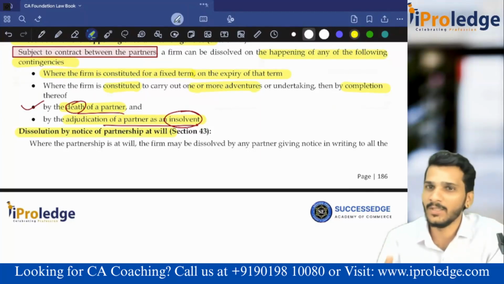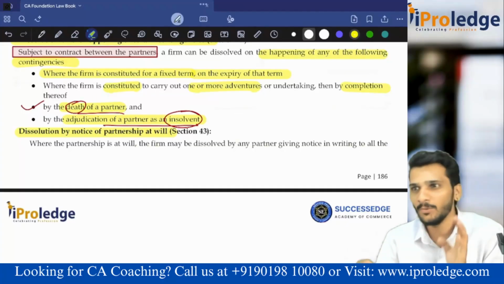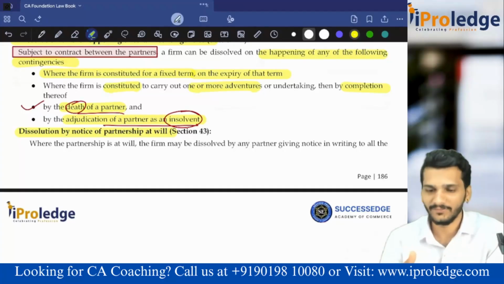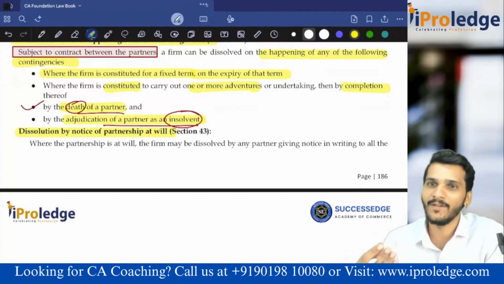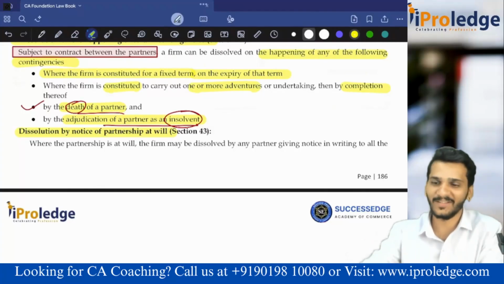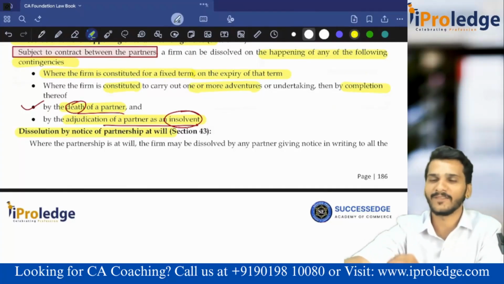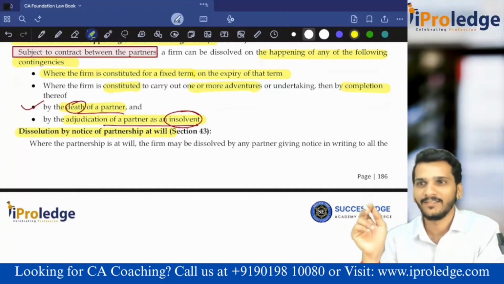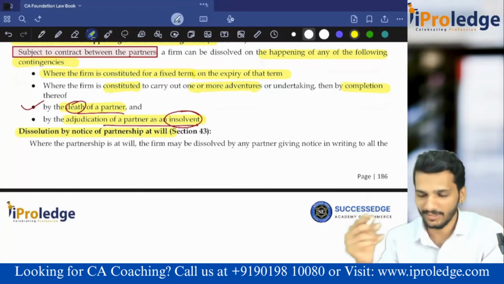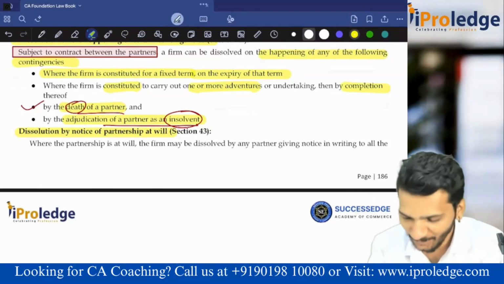If you have the contact, one day, instead of 10,000 it is 20,000 or 25,000. That's it. Either you give the time or you give the money. If you don't give either, then you have to register one partnership firm for your son yourself. And it takes so much time. Without money they don't do anything. Even the GST officer is so harassing. You know that. Okay, we will not go into that. We have to complete the topic.